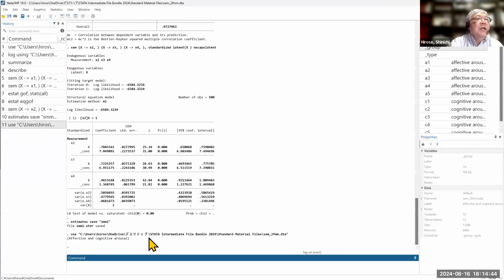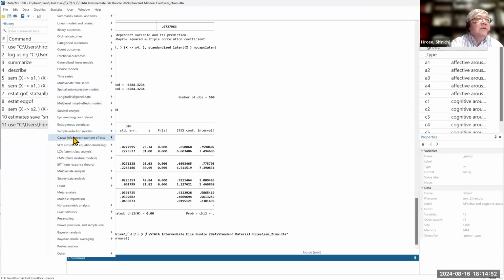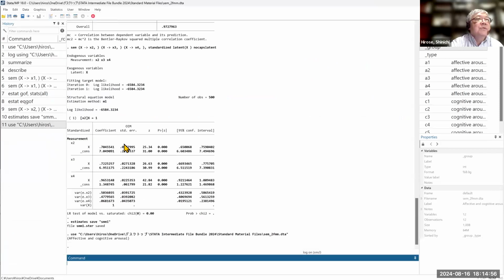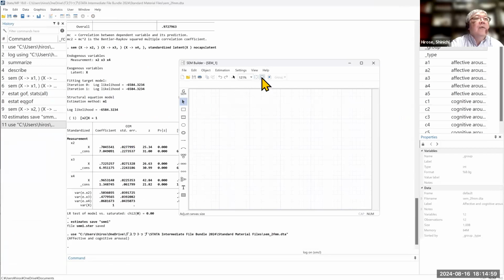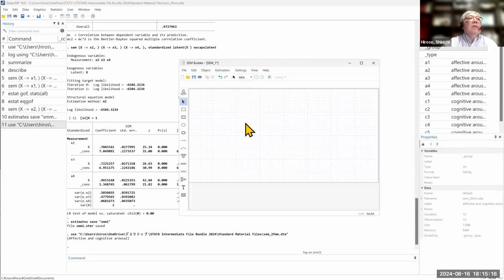Assuming that you already imported SEM to fm.dta, I go to statistics, SEM, model building and estimation, and I will set the size 8 by 4 and click OK and fit the canvas 8 by 4. Okay, now I'm ready to build